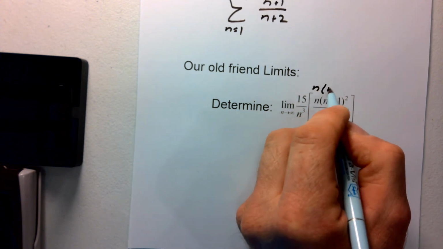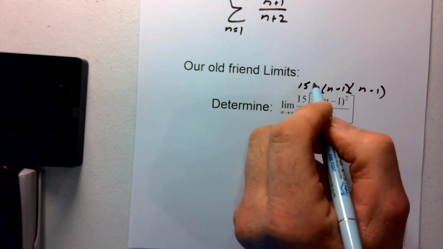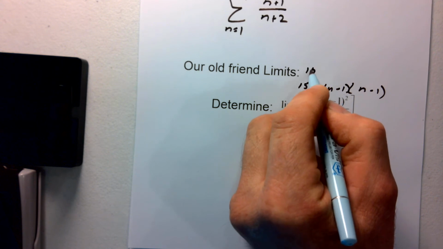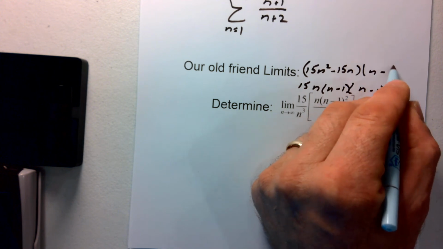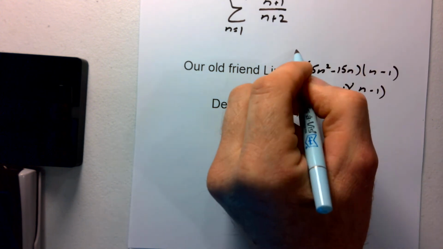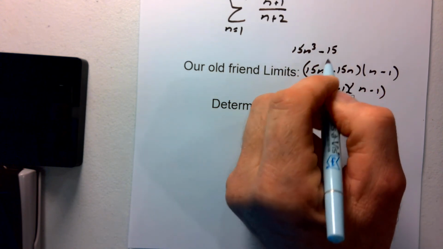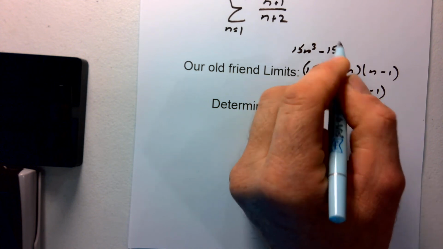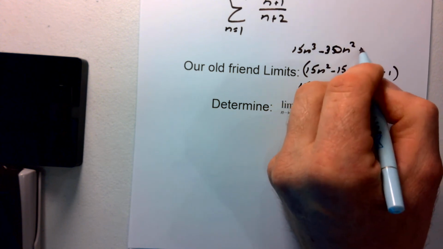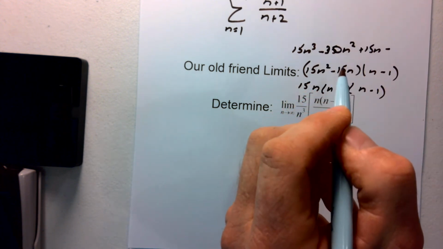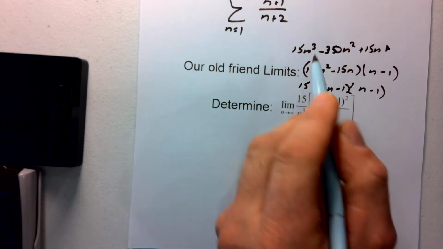And if we multiplied it out, we'd have n times n minus 1 times n minus 1 times 15 for our numerator. And then we would have 15n squared minus 15n. And to that we'd have multiplied by n minus 1. Multiplying that out, we get 15n to the third, minus 15n squared, minus 30n squared. And then we have a plus 15n. And that would be it, wouldn't it? I feel like I missed something. Nope, it was 15n. So, anyway,